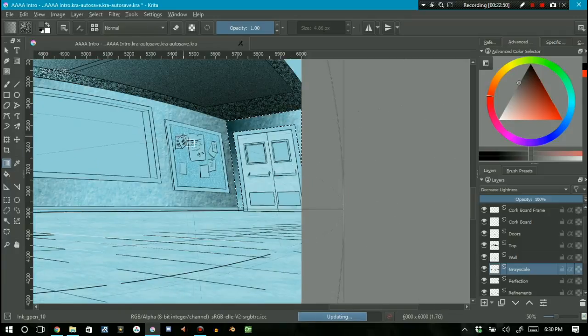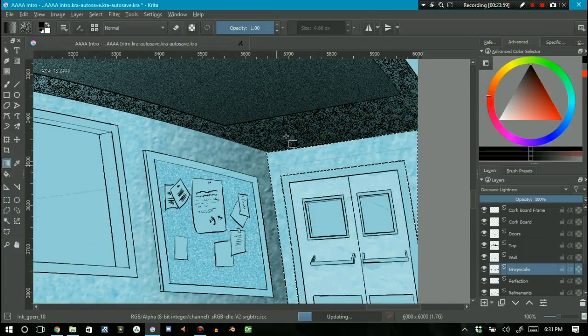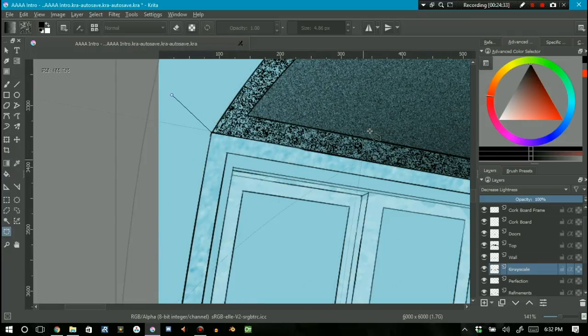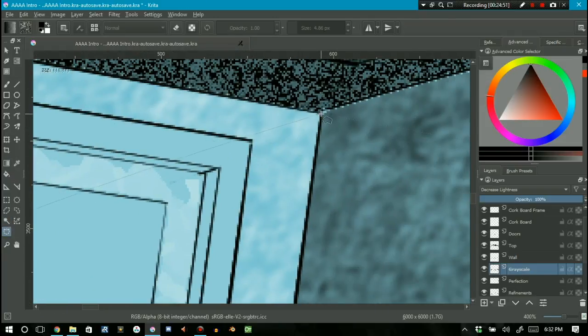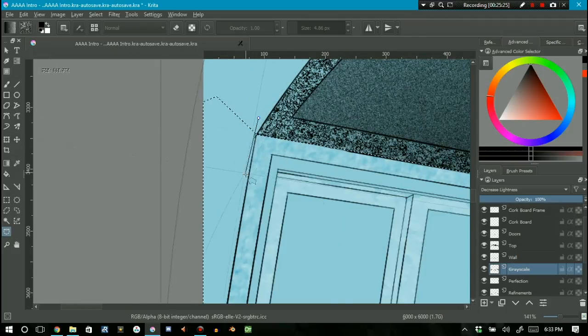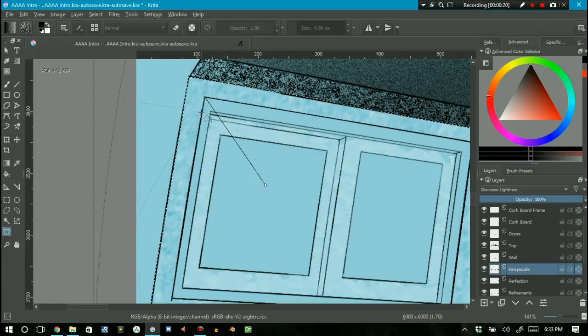Thinking over this image in total, I'm looking over the windows and everything. I'm thinking, yeah, the windows didn't really turn out looking that well, but they look good enough. By the time that I actually start coloring and not just applying gradients, I'm looking at this image and I think, yeah, this looks like my background. This looks like my video intro. And as long as I'm feeling like that, I felt like, well,